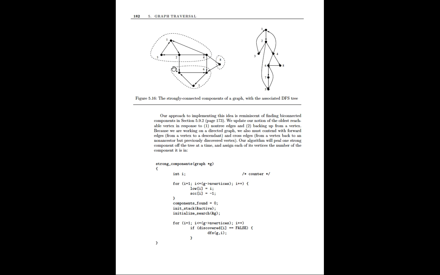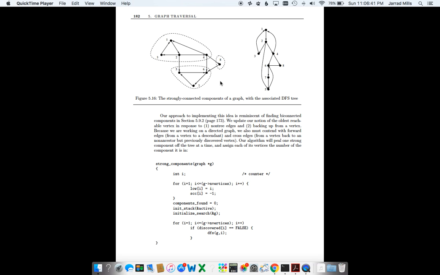Strongly connected components are only relevant on directed graphs, and this is a directed graph. Basically, we have a bunch of one-way streets. It could have two-way streets, but there are none on this particular graph, all one-way streets. Okay, so we're going to run this algorithm, and to do so,